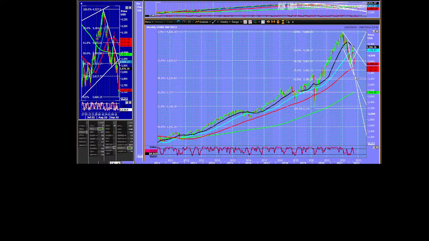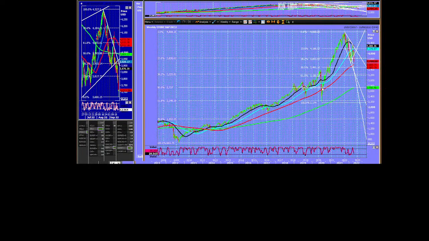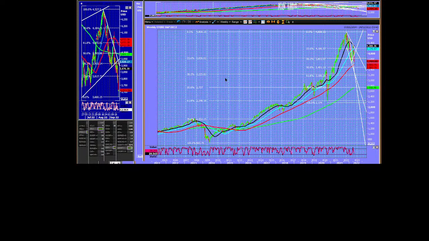Now look, if that cup and handle, Jonathan says it's the depth of the cup that's the projection. That's going to take us to the 500-day moving average. It's also going to take us to the 50% fib. It's only going to take us halfway through the COVID crash low. Historically, it's not that big a deal. 2750. We could easily go there. Then all we've done is retrace 50% of the whole move from the global financial crisis.